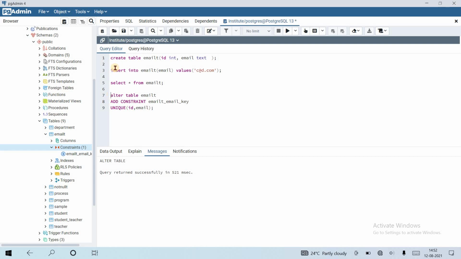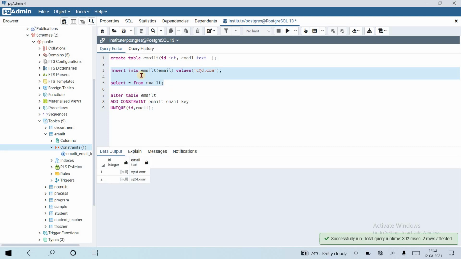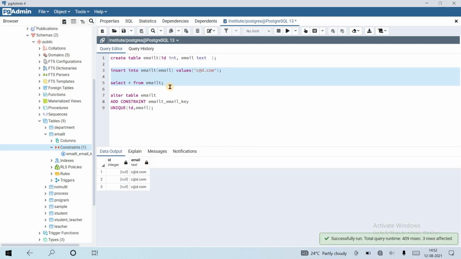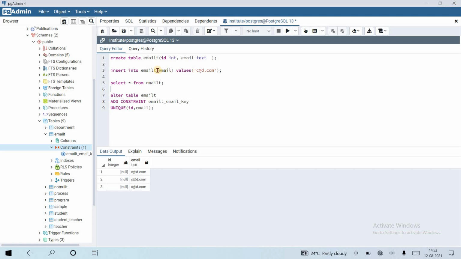We cannot insert a duplicate value. So if I run this again, it gives me an error. Oh, is it inserting the value really? Yes, because I have not applied the unique constraint only on email values. If I did this for only email, then it would give an error, but this is not the case here.